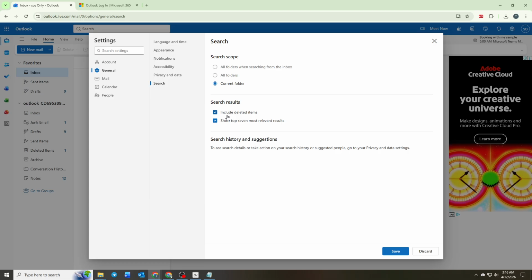Once you have made your selections, save your changes to apply the new settings. The update will take effect immediately, and your future searches will follow the new behavior. From now on, Outlook will prioritize searching within your chosen folder, helping you stay more organized and efficient. If you ever need to adjust this again, you can simply return to the same settings area and update your